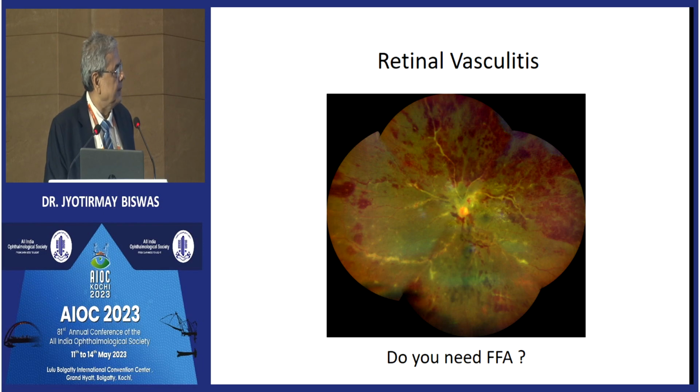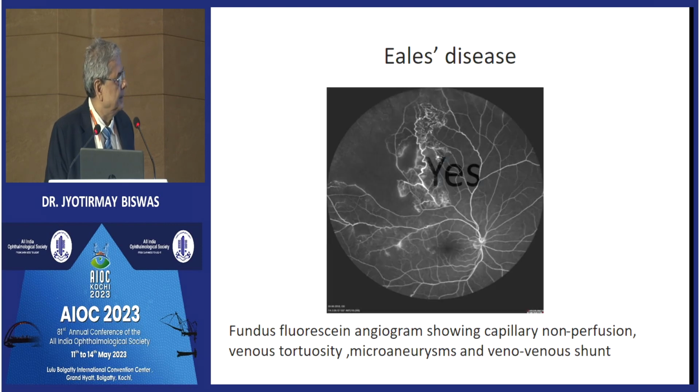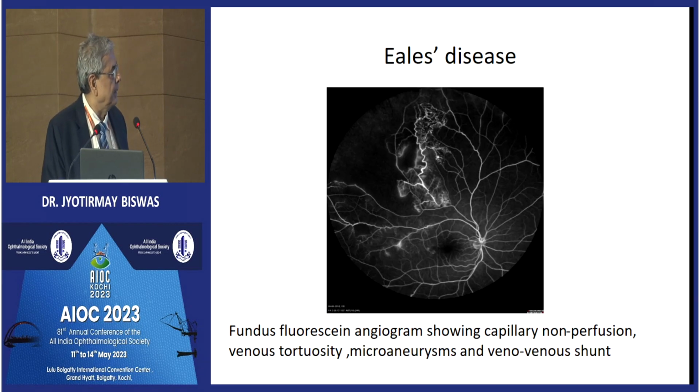This is a case of retinal vasculitis. Do you need an FFA? Obviously, this patient will require intensive laboratory investigations to rule out TB, sarcoid, collagen disease. But do you need an FFA? Obviously, yes. The reason is that you can see veno-venous shunt, occlusive retinal vasculitis, capillary non-perfusion, microaneurysms, and all this indicates